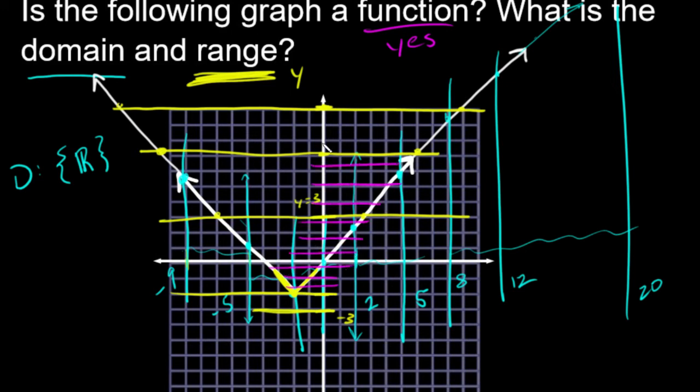All right, do you guys see this? All these points going up, you'll eventually intersect with the graph. So from -2 going all the way up, those are the values that are part of your range. But going below -2, we are now not going to intersect with the graph. So the range would be,